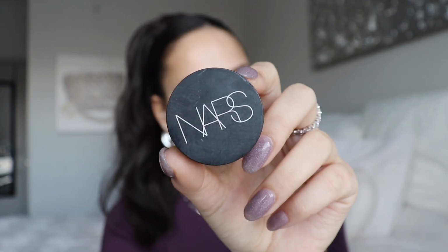So since we're just following along with my standard makeup routine, I always start with my eyes first. So if anything falls out onto my face, I can just clean it up with a makeup wipe and it won't disturb my base makeup. I'm not gonna go too in depth with this look, but I'll just give you the basics. I'm just starting off by priming my eyelids, and I'm using the NARS Soft Matte Concealer to do this. As you can see, I've used so much of this concealer already, and I will be repurchasing it soon